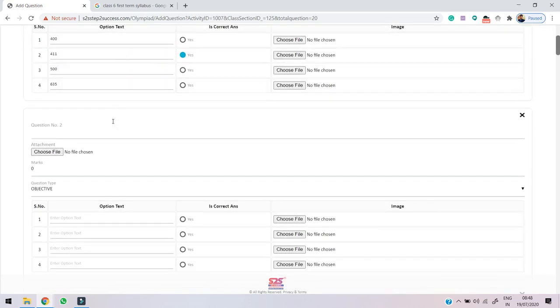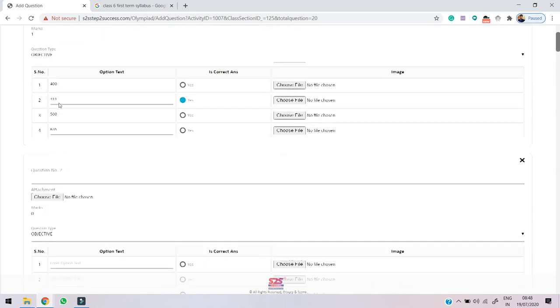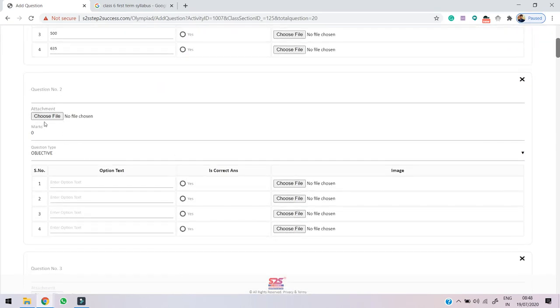Now, in a similar way, we will see another option that is available here. Rather than typing the question, we can just directly choose an image. While choosing an image, the thing that we need to take care of is that you need to put some text here. You can't leave this part blank. So what we can do is write here, solve. Then we need to choose an image.